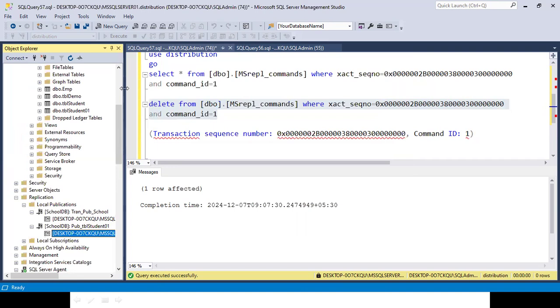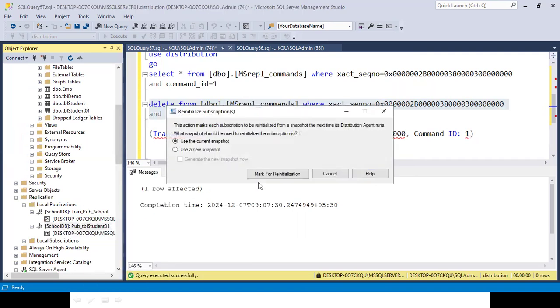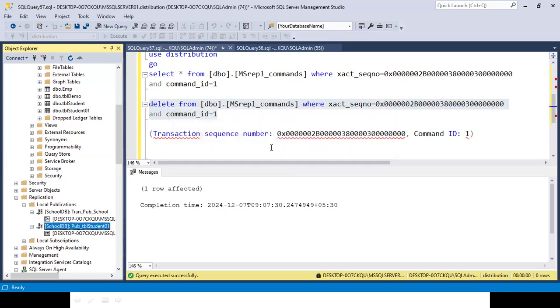But if you know five tables are creating problems, you keep only those five tables in a different subscription and publication. So if I face an error, I can go and reinitialize, and this reinitialization will take only one table instead of three tables. You got?